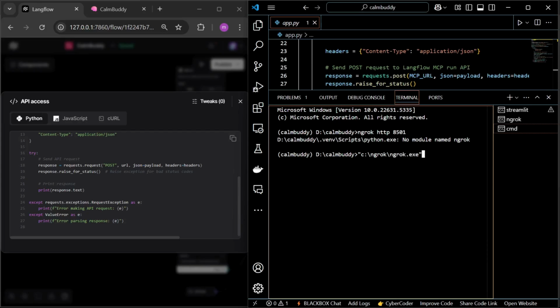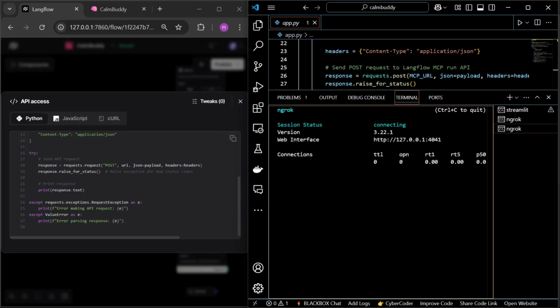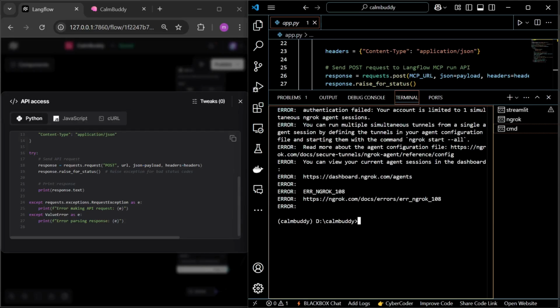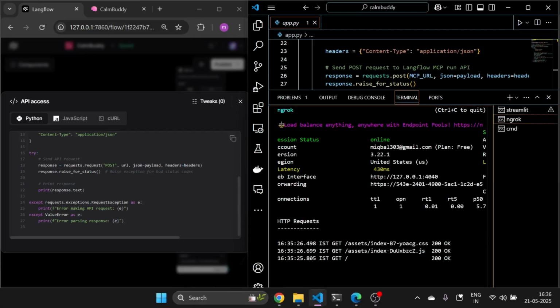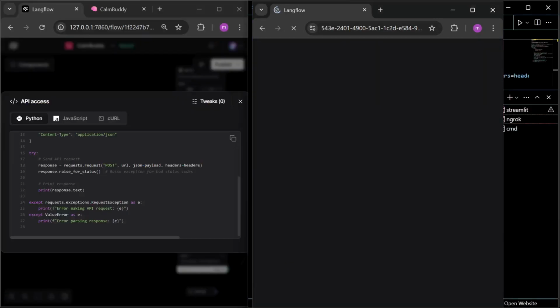Sometimes it gives an error due to an environment issue. It runs. Okay, so we already opened one port for Langflow, that's why it gave an error. So first we close that, then it works. Okay, let's check. It's still running.